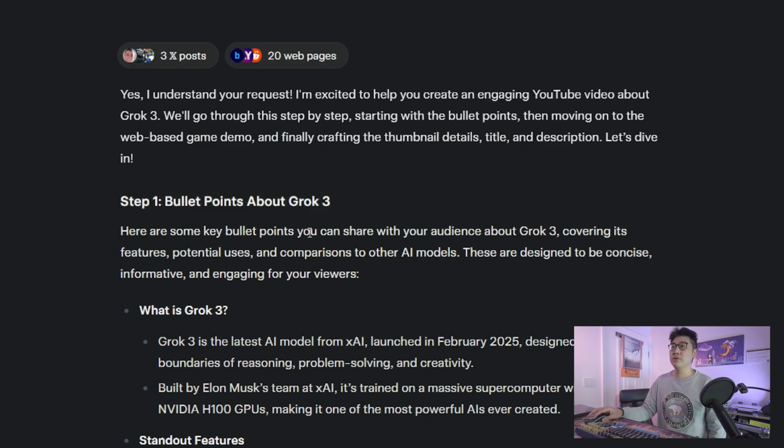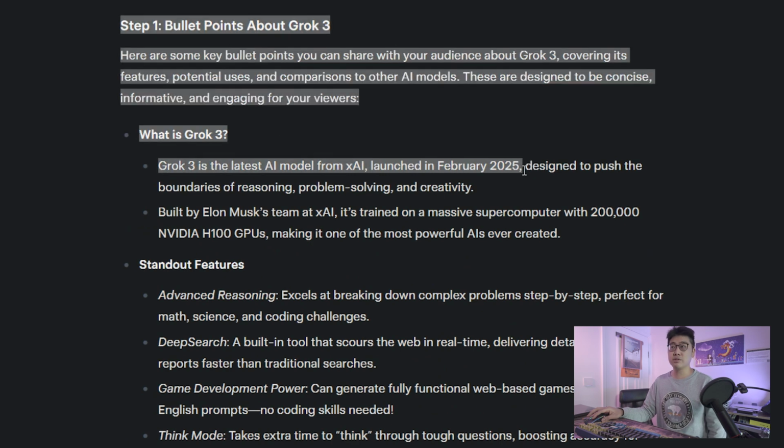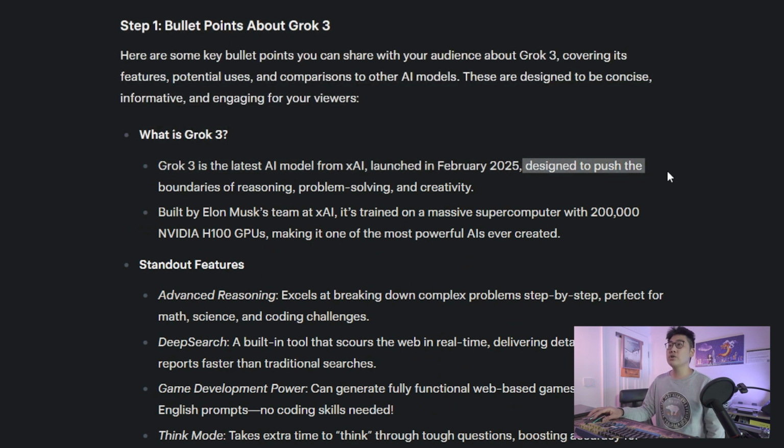Here are some of the bullet points you can share with your audience, covering its features, potential uses in comparison to other AI models, okay? So Grok is the latest AI model from XAI, launched in February 2025, so it's relatively new. Designed to push the boundaries of reasoning, problem solving, and creativity. It's built by Elon Musk's team at XAI. It is trained on a massive supercomputer with 200,000 NVIDIA H100 GPUs, making it one of the most powerful AI